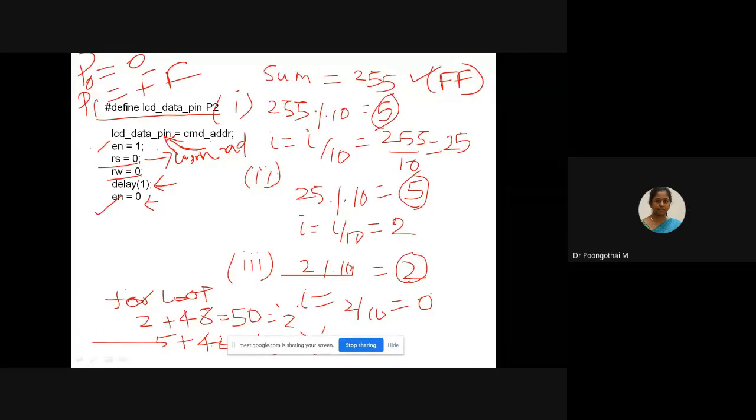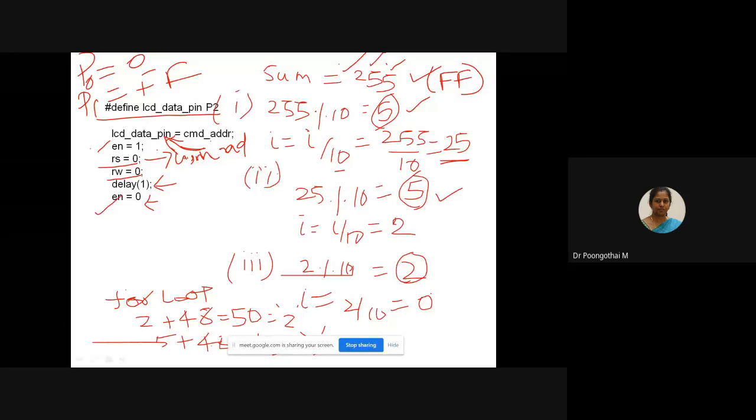Okay. So similar to your 7-segment display, you have to convert this number; that is, you have to separate this number into individual digits. You have to separate 5 first, again 5, and next 2. For that, I am taking 255 modulus 10, so the 5 will be separated. Next, I am dividing this number by 10; 25 will be your quotient. I am taking this 25 for the next iteration, and 25 modulus 10 is 5. So in the first step, your LSB, that is the last digit, will be generated.